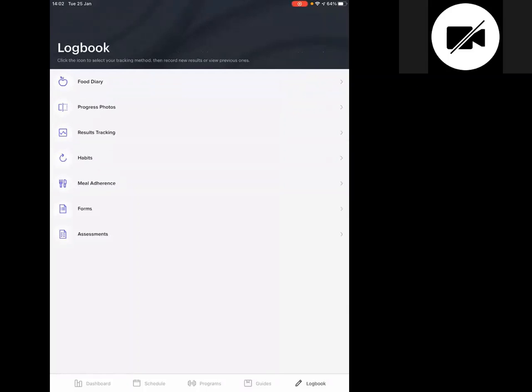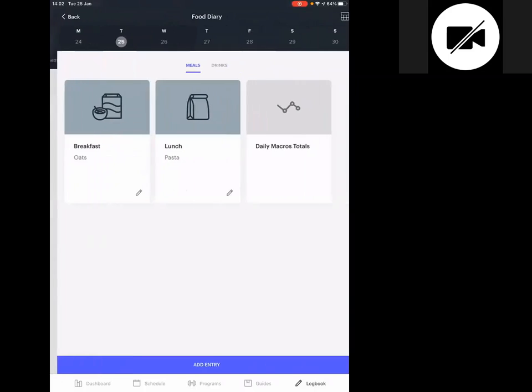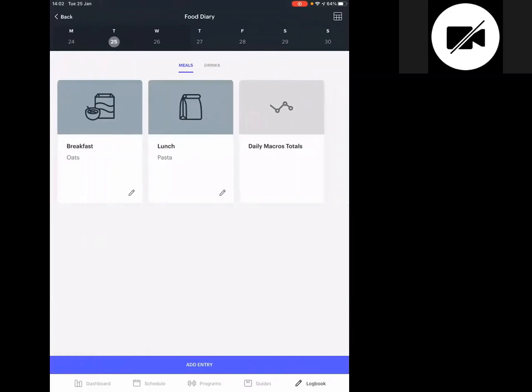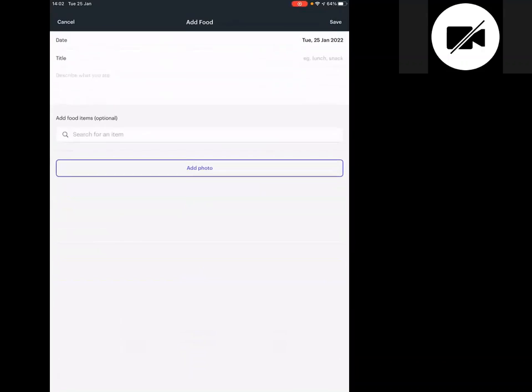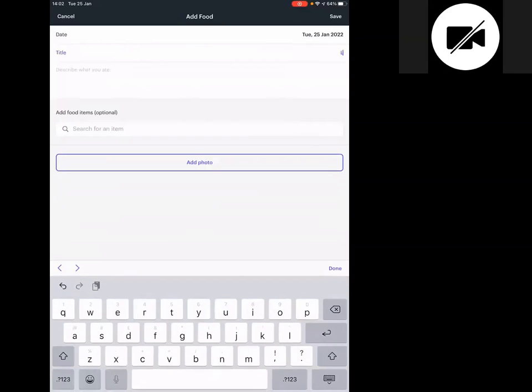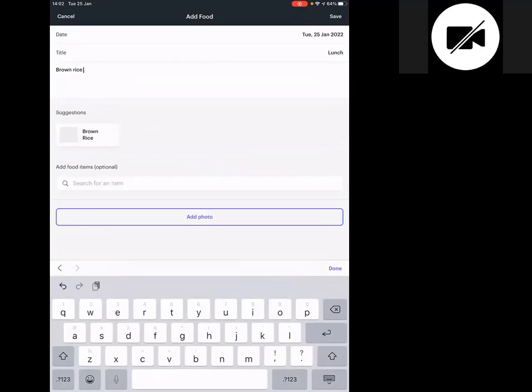Finally, if we click on Logbook, this is where you will have everything at your fingertips to be able to track your progress. So if we go into Food Diary, here you can track what you have eaten. If I've asked you to do a visual food diary, you would just go to add entry, add meal. It might be your lunch,